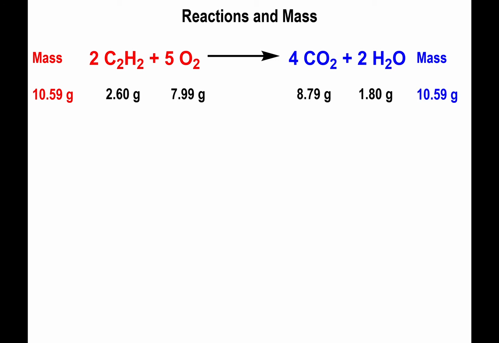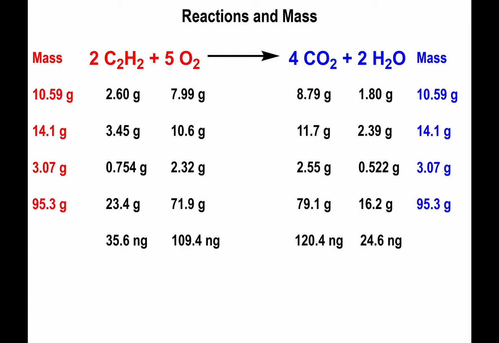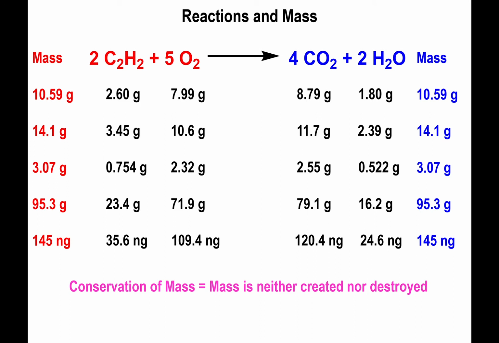of the reactants. And it doesn't matter if you increase the amounts, decrease the amounts, or make it super large, make it a lot bigger, make it a lot smaller. The point is that if you add up the total mass of the products with the total mass of the reactants, you have the same mass on both sides of the equation. And this is the main premise of the conservation of mass, that you can neither create mass nor can you